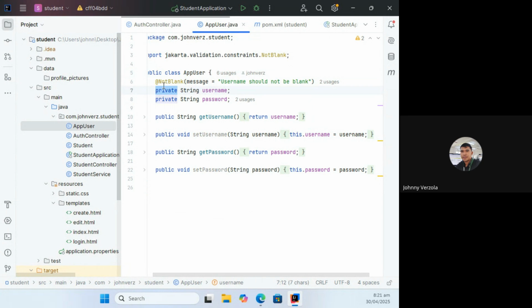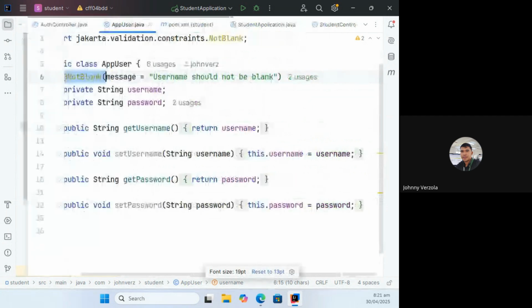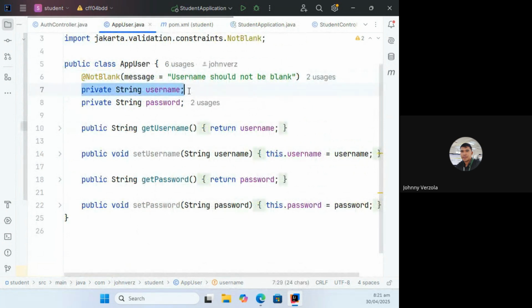I also have here an annotation for form validation, @NotBlank. The purpose of that annotation is to set a rule on this field during the creation of this object or during sign in. You want the username to be not blank, and of course also the password should not be blank.